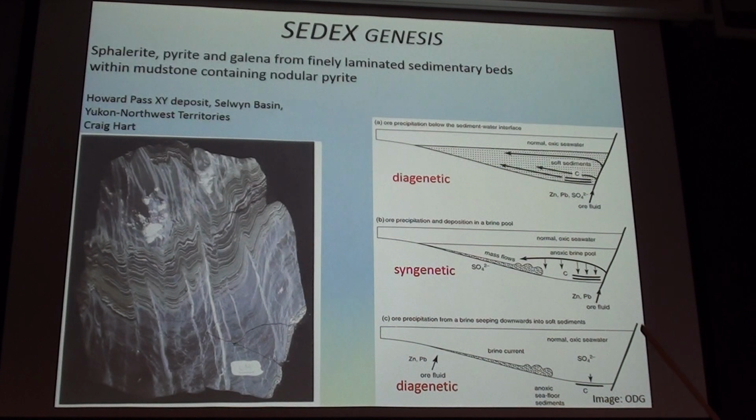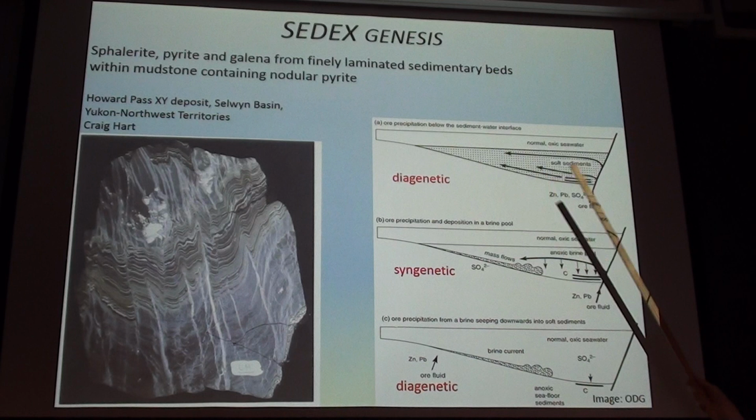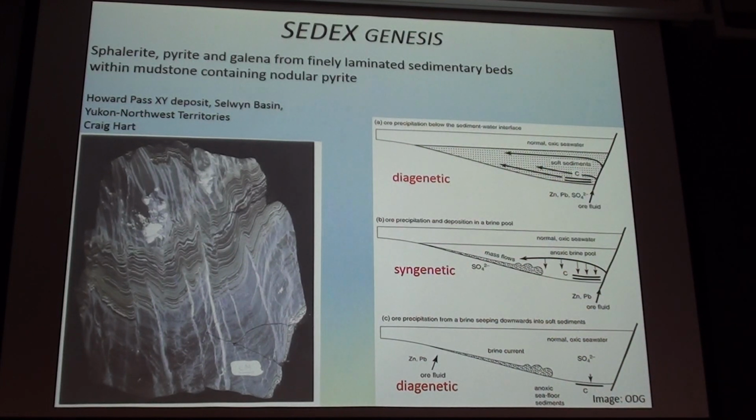And they can form, as I said, either during or slightly before or slightly after the deposition of the sediments they are entrained in. And that's what diagenetic and syngenetic means. So if we have a deposit formed syngenetically, it means that it formed at the same time as the deposition of the sediments by this percolation of hydrothermal fluids